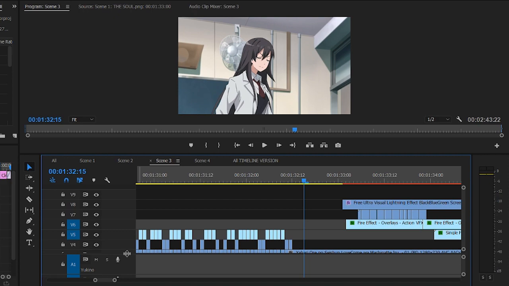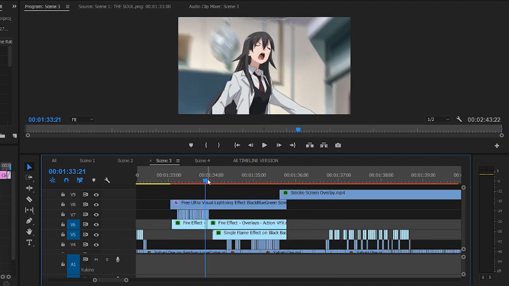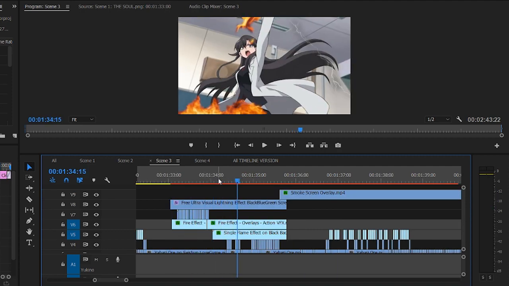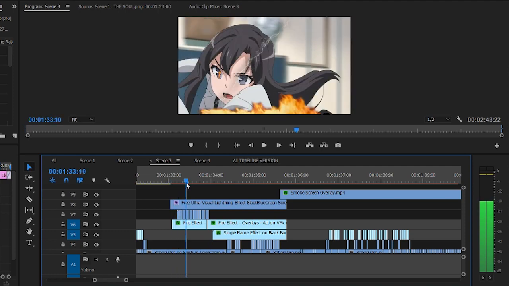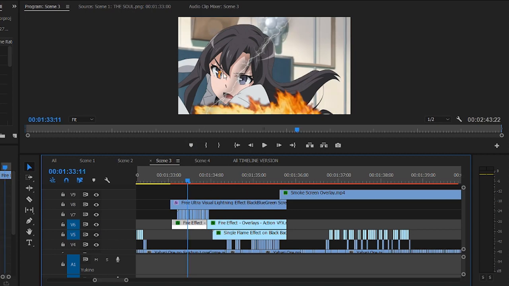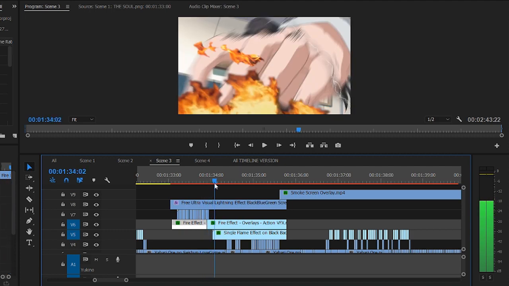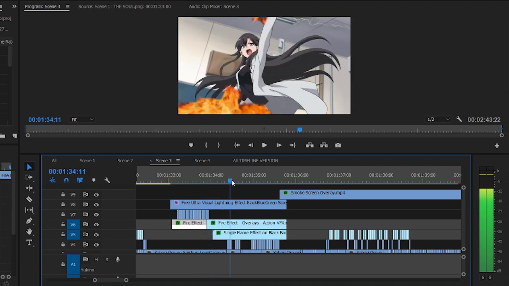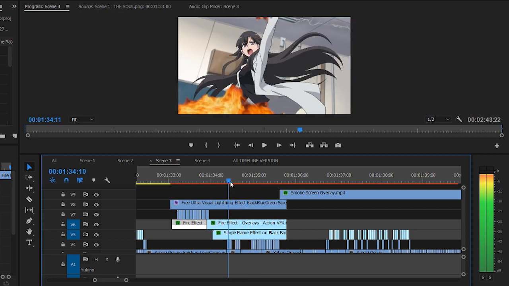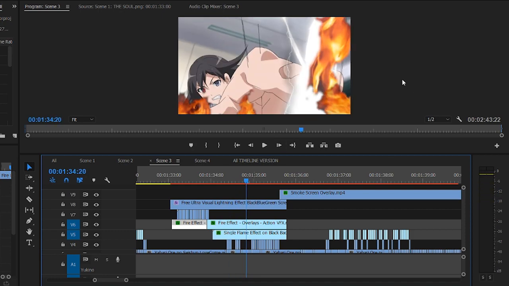And so I did. So we've got some lightning effects here, then at the bottom here, there's this flame that sweeps across the bottom of the screen. There's also a little flame in her eye, but as she passes by the screen, I put that flame into her finger, which is only mostly noticeable when she swipes her finger downwards. And then I just hammered on the appropriate sound effects for the situation.